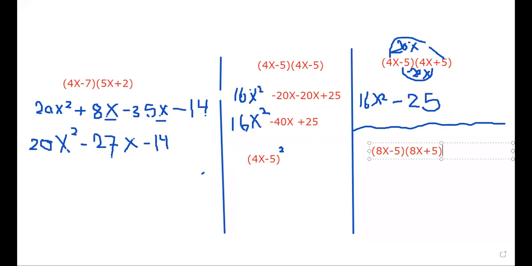Now they are the same, but they have different signs in the middle. Then we will ignore the outer and the inner. So the answer will be what? Directly, 8x minus 5, 8x plus 5. We will ignore the outer and the inner. We will multiply only first with first, second with second. So it will be 64x to the